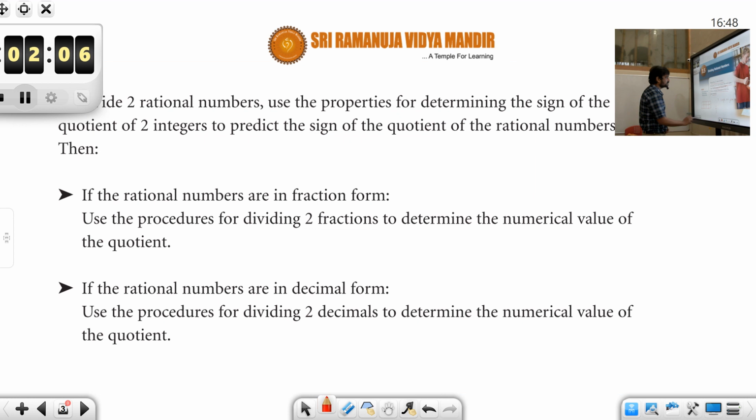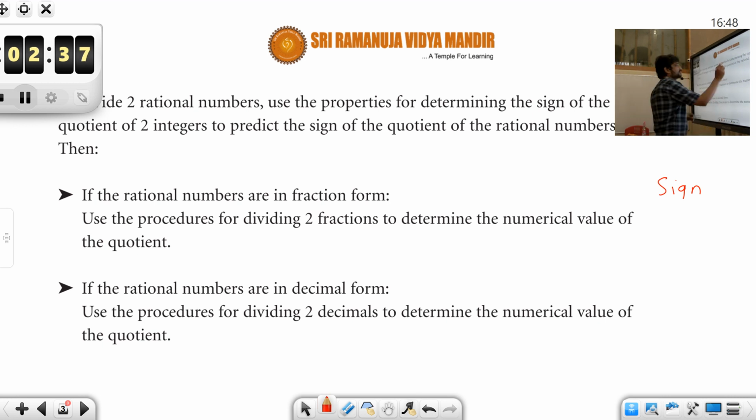And so for dividing two rational numbers, there are 2 things you need to focus on, students. Again, everything is quite analogous to the concepts we have learned in the discussion of multiplication of rational numbers and division of fractions. So you need to focus on 2 things: one is the sign and the other is the value. How do you divide 2 numbers?